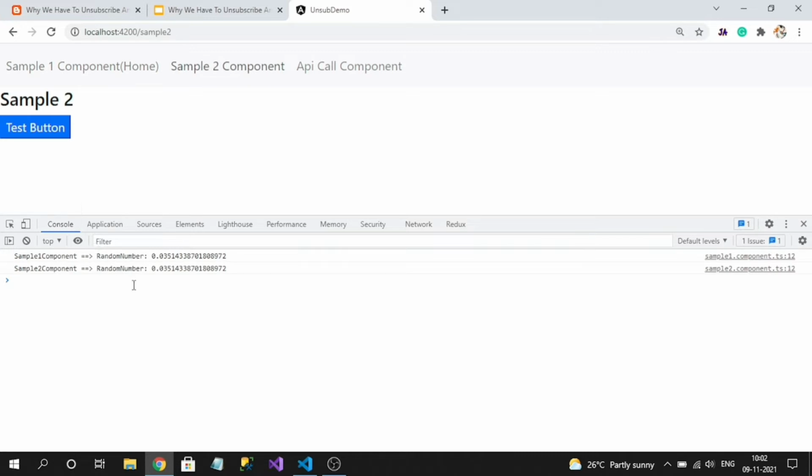I have made two round trips. If I click on the button now, if you observe, it has been subscribed three times. So however many round trips you make and update the observable, that many times the observable will be registered and that many times it will be invoked. This is called a memory leak.